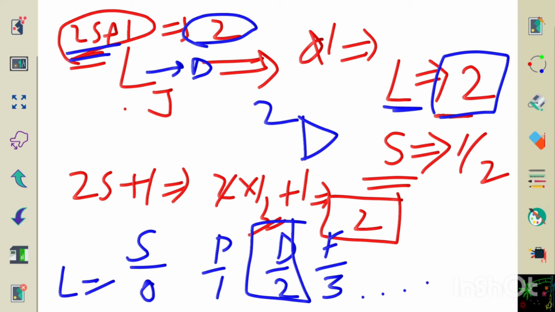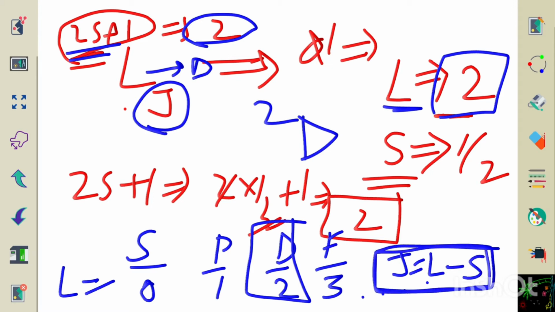Now if we specifically want to write the particular spectroscopic term symbol, we have to mention the J value also, that is the total angular momentum, right? For this we have to remember two things. If your orbital is less than half filled, so for D orbital, less than 5 electrons are present, then the J value will be equal to L minus S, okay? And if your orbital is more than half filled, then the J value will be equal to L plus S.